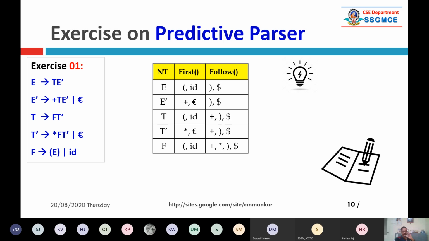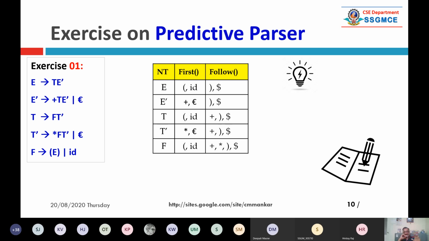It is good practice to write a table when there is a parsing example. You should write a table like this, with first and follow as labels, and then write the first and follow sets of the individual non-terminals. It is good practice because it will help you design a parsing table. Now, how to design a parsing table?